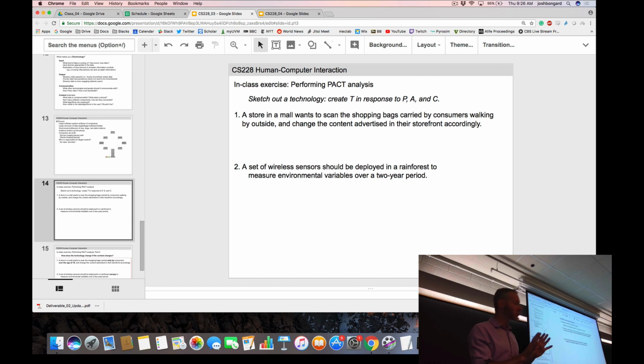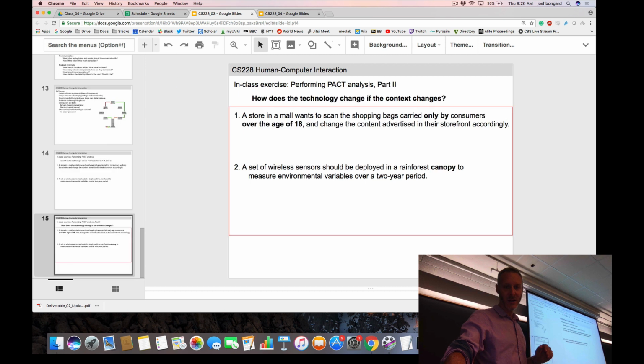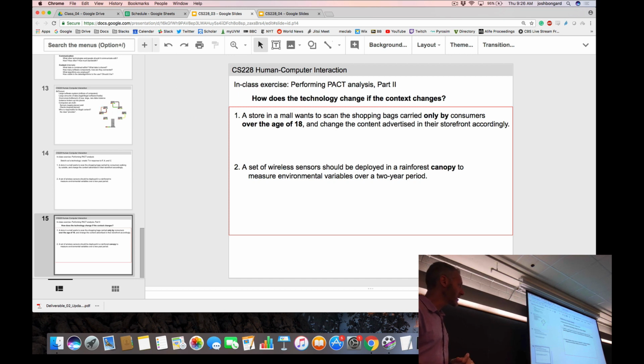In the interest of time, we're going to skip over number 2 here, and I'm going to change the context on you. We covered this already, which is I've now made it very explicit that we need to deal with minors. In the second situation here, instead of deploying wireless sensors just in the rainforest, we want to specifically deploy the sensors in a rainforest canopy to measure environmental variables over a 2-year period. Take 2 minutes, turn back to your partner, and talk about how you're thinking about these technologies change, given this change in context. But if they're wireless, maybe we can see